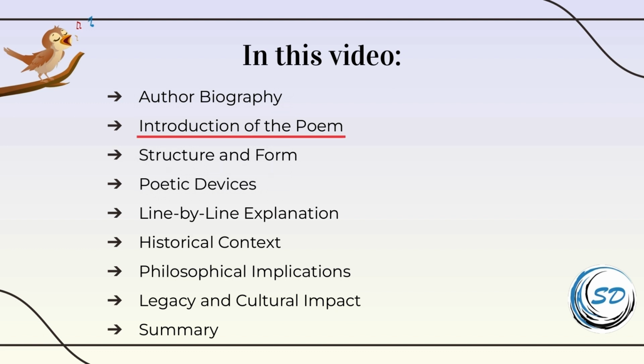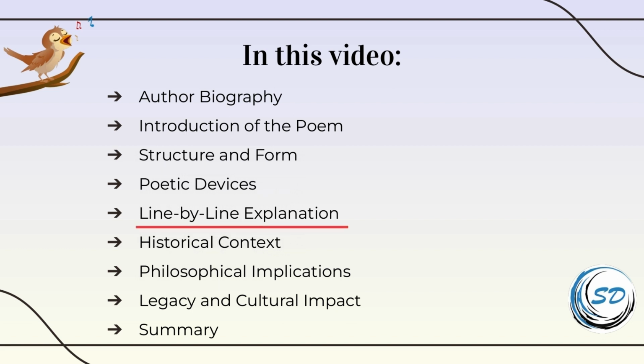In the next part, called Introduction of the Poem, we will look at the overview of the themes and main ideas within the poem. In the next two sections, we will uncover the intricate poetic devices and literary techniques that Keats masterfully weaves throughout the poem. From imagery and symbolism to rhyme and meter, we will dissect the poem's structure and form to reveal its artistic